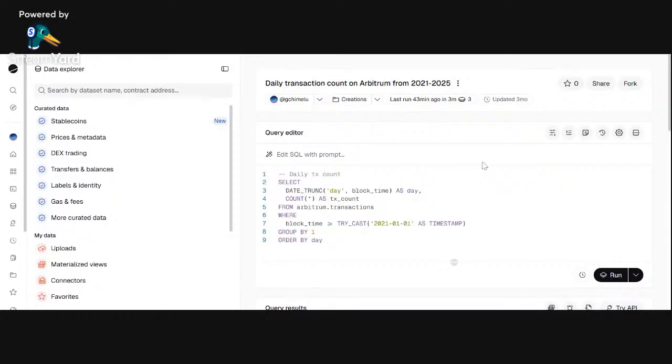So for this one, this is daily transaction count on Arbitrum, and I labeled it here daily transaction count. So our select statement, our date. Since we are using daily, I decided to use day as my time count, and then from Arbitrum transactions. So all my information came from this table, Arbitrum transactions, where the block time. Like I said, I did not want to miss out any transactions, so I used January 2021. This query is really simple, so let me just show you the results I got. So this was the visualization, and let's get to the results.